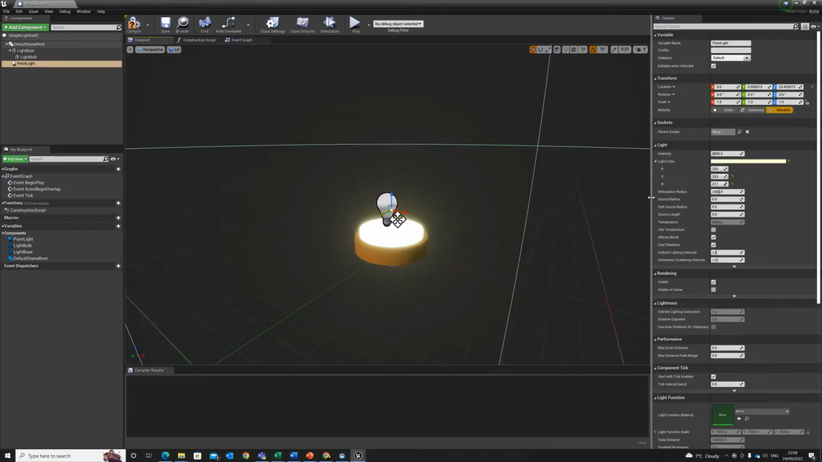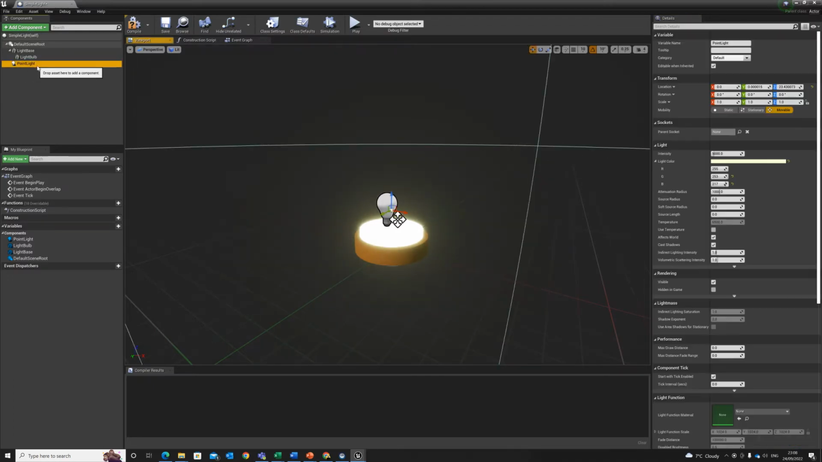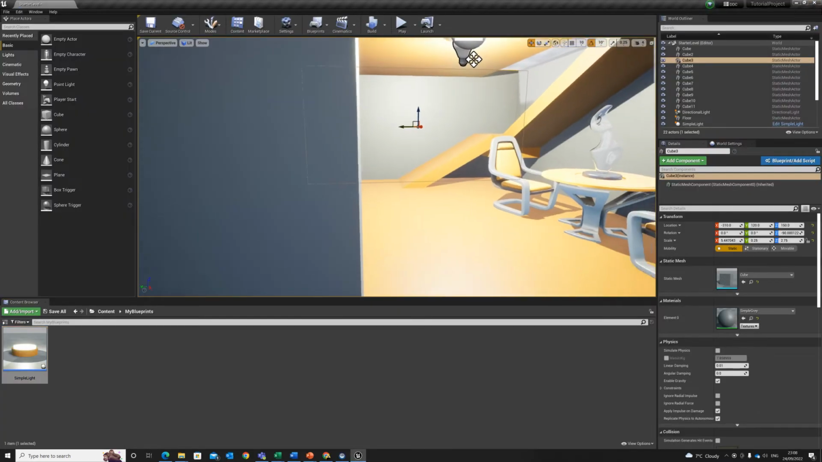I'm not going to change these, but you can change things like the intensity to make the light far more intense or less intense, depending on what you wanted. The attenuation radius, the source radius, all of these things you can change and modify to make your light act in the way that you really want it to act. But for now, I'm going to compile and save that. I'm happy with that. So now